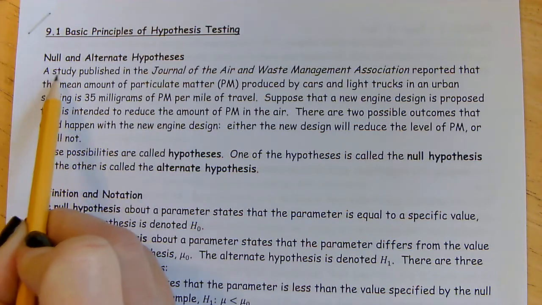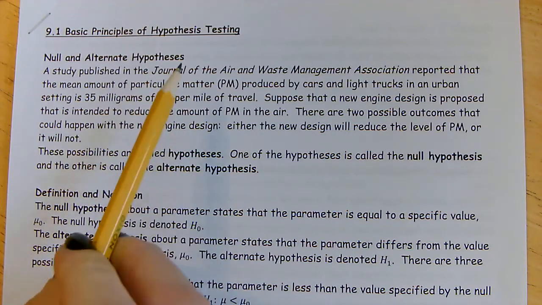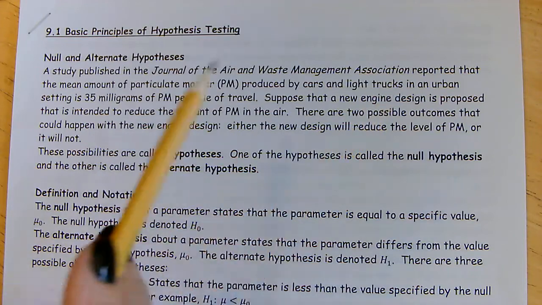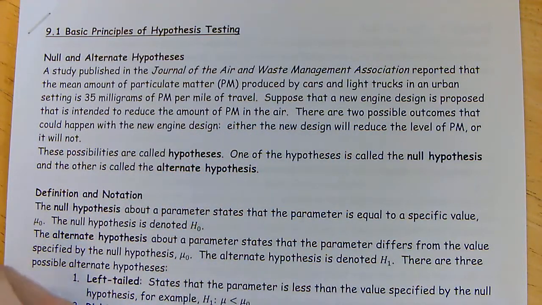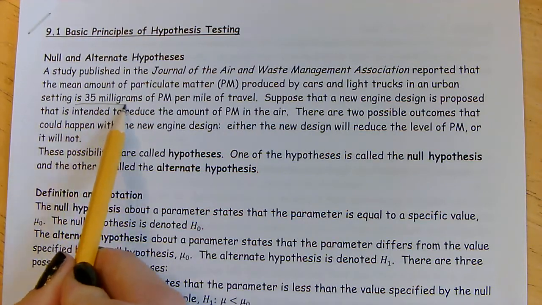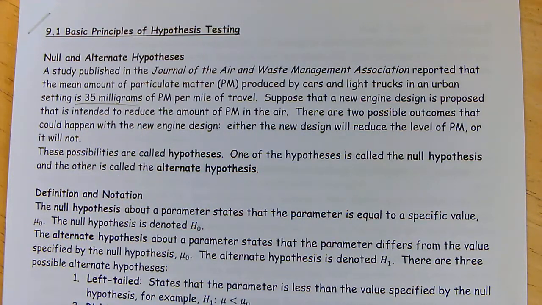A study published in the Journal of the Air and Waste Management Association reported that the mean amount of particle matter produced by cars and light trucks in an urban setting is 35 milligrams of PM per mile of travel. Suppose that a new engine design is proposed to reduce this amount in the air. There's two possible outcomes. Either the new design will reduce the level of PM or it will not. These are called hypotheses. So first of all, the null